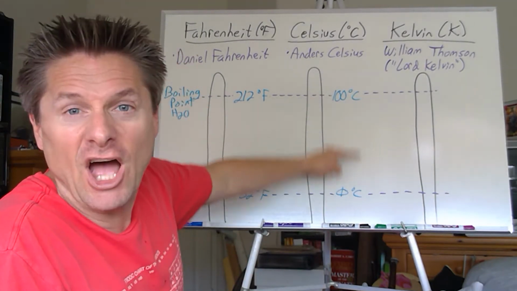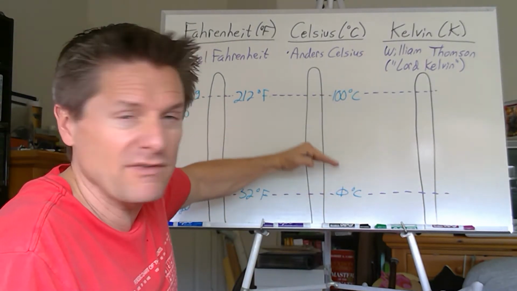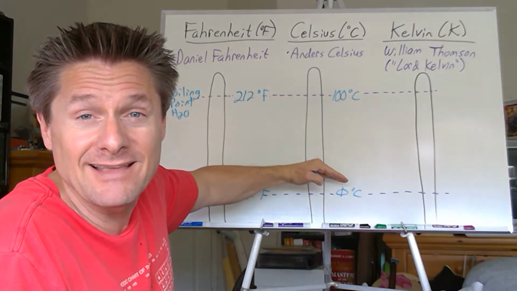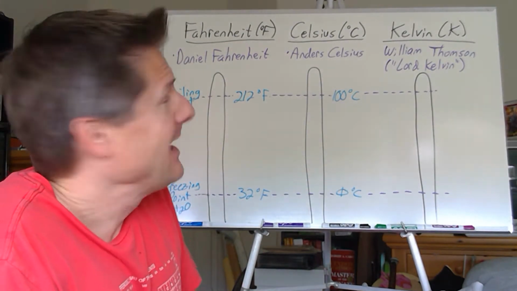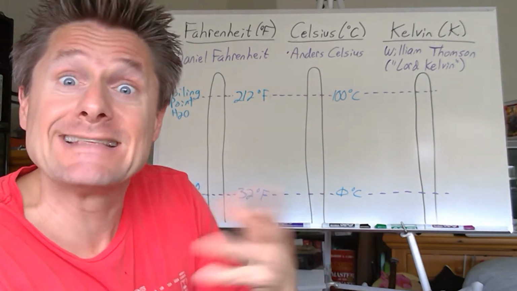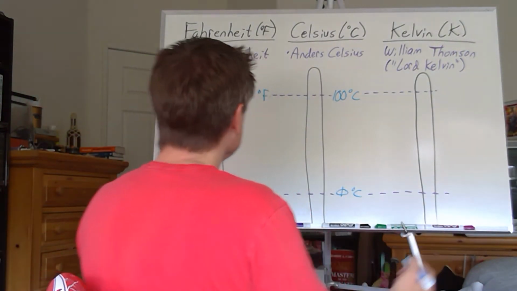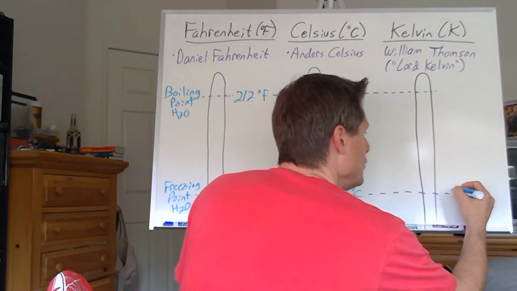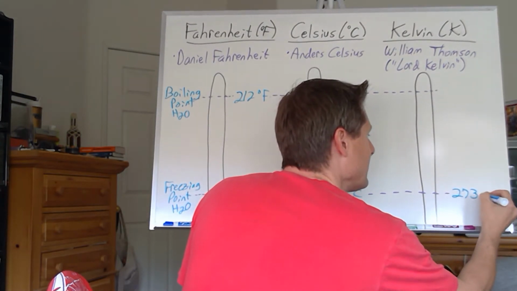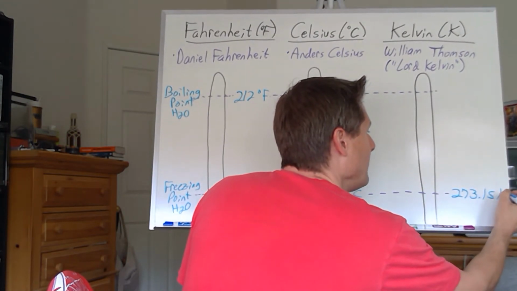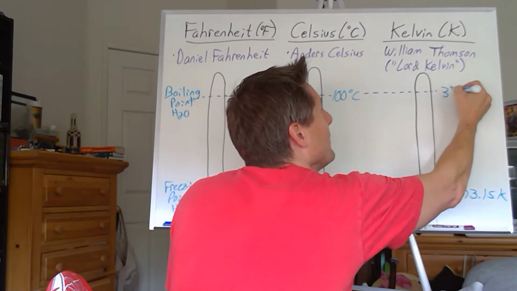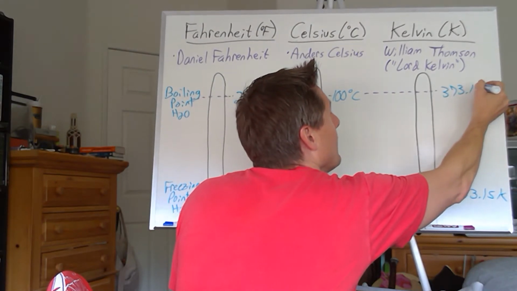So you see there'd be 100 equal spaces if you broke this up, and each is called a degree Celsius. That's where you get the centigrade, 100, get it? And then for Kelvin, this would be 273.15 Kelvin and 373.15